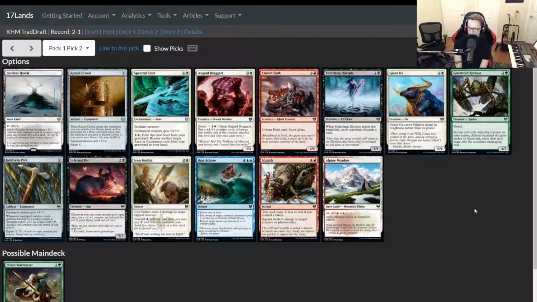If we really want to go for it with Elderfang Disciple and try to sort of stake our claim in elves, which is not a completely unreasonable strategy. It's going to fail some of the time. You're going to get cut, or you're not going to get enough, things aren't going to get opened, and you're not going to get there. But you could stake your claim in elves. Black is pretty underdrafted. Elves generally pretty underdrafted. Just go for it. I could respect that too, but I think here I would probably take Runed Crown or